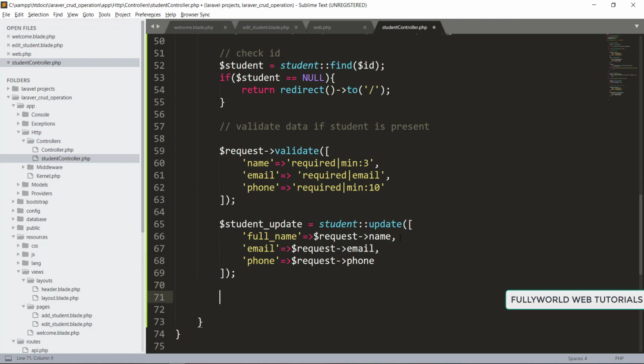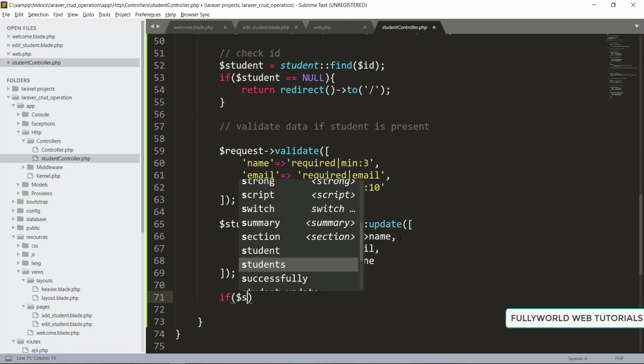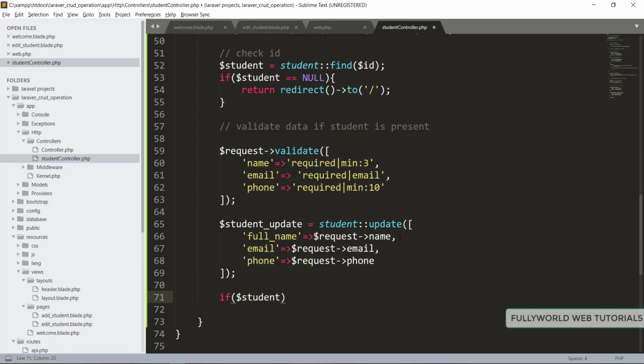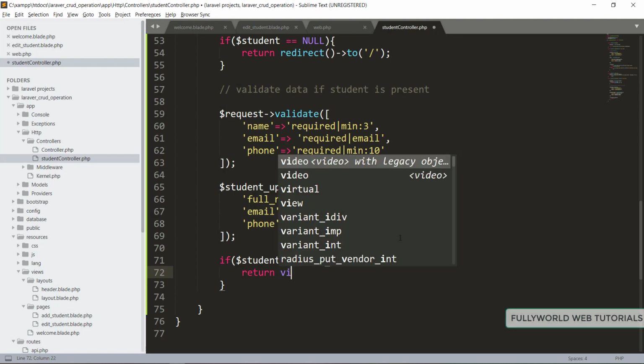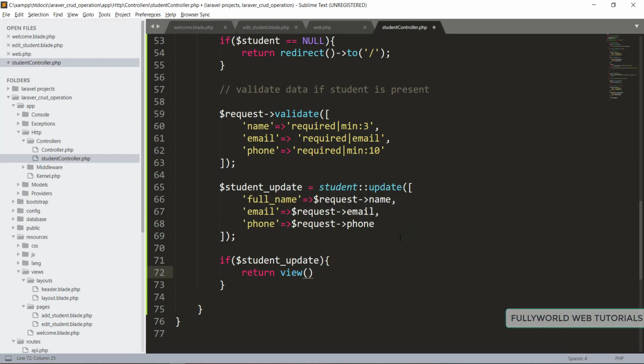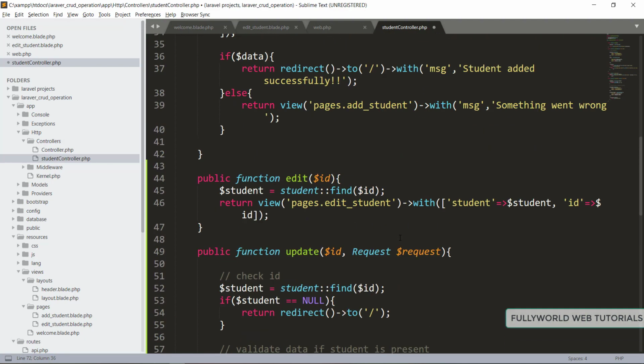And if $student update succeeds, then we will return our view. That will be our welcome, and here we will send a flash message also.